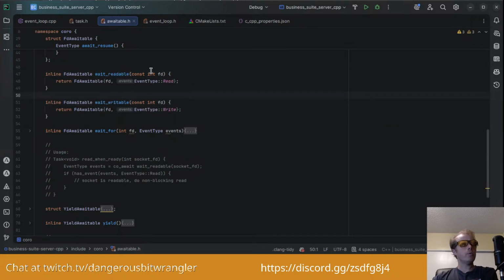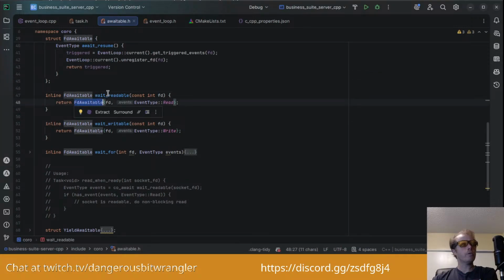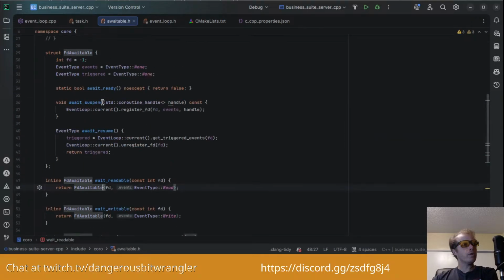Okay, so let's see. Wait readable. It takes a file descriptor, returns a new instance of FD awaitable, and then basically sets the flag to read. I don't know why it's doing that.